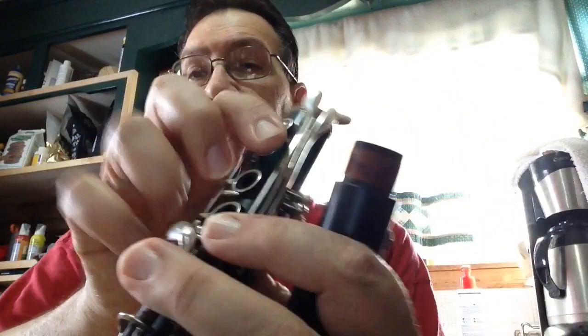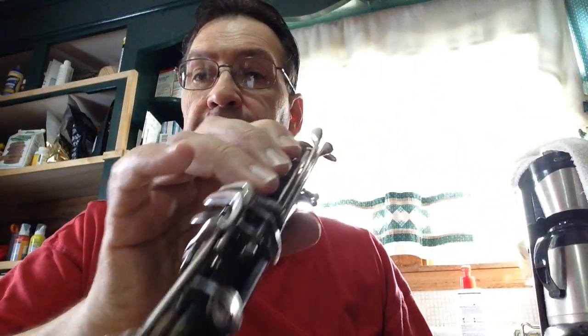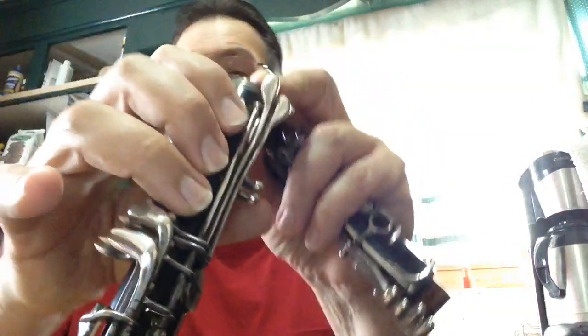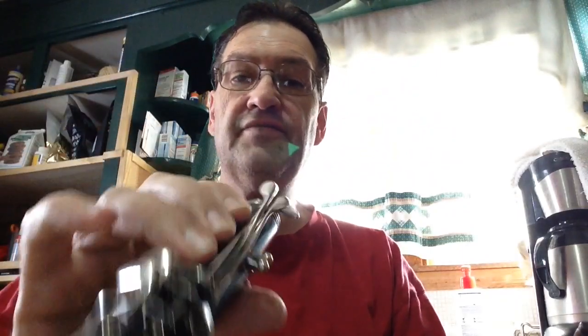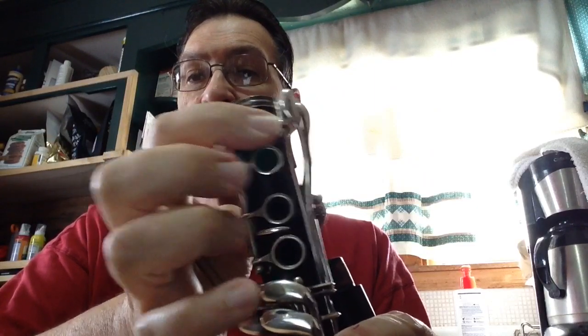Now the other thing is, what about these rings? A lot of times when you get a clarinet, if you buy one online or get it secondhand, or even a new one, it doesn't matter, I've seen them in all conditions. These rings do not go down into where it lets the hole be exposed. The entire hole needs to be exposed. If it's not, and you're only feeling the ring sticking on the top, the clarinet is not adjusted properly. You should be able to feel the circle of the wooden ring, and the rest of your finger then pushes down the ring, which closes this. So if there's some reason why the rings are sticking up,